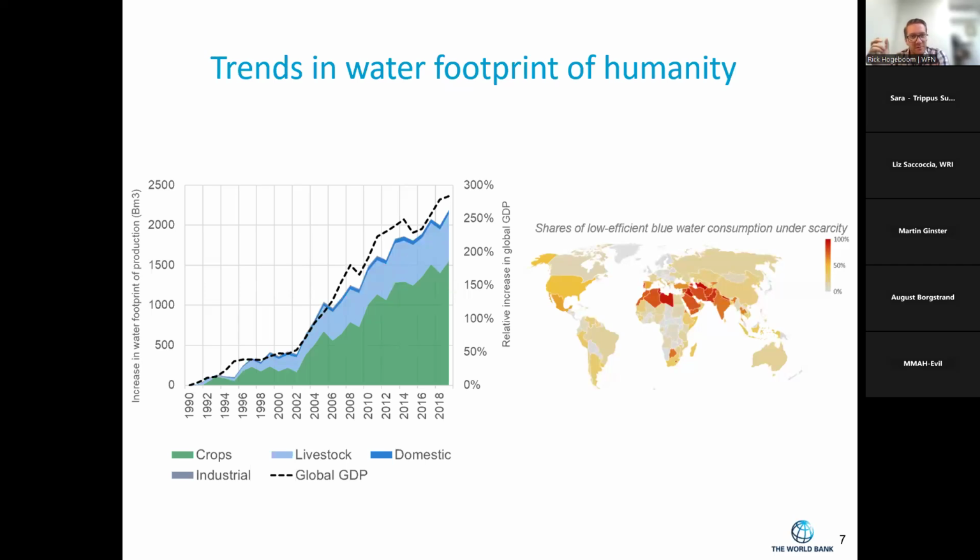Now, if we then focus on the blue water for a second only, we also quantified that 2/3, so that's a substantial part of our total blue water consumption, is already in areas that are water scarce, moderate to severely water scarce. And what's even worse, and let that sink in for a second, 94% we found, 94%, so almost all of the additional water that we have been using since 1990, so in the past 30 years, we took from areas that are already water scarce.